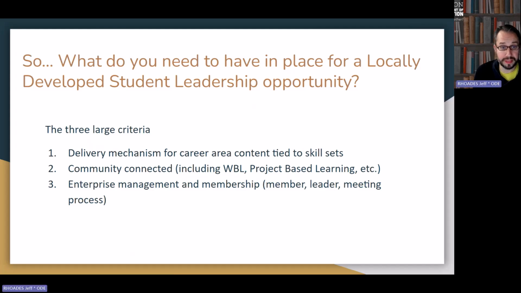The opportunity needs to be tied to the curriculum. This is based on the skill sets for the CTE program of study. The students must have opportunities to connect with the community and industry practitioners. And students need instruction and practice in belonging as members, administrators, and leaders in an organization. What is the leadership continuum within the CTE program of study as it relates to the leadership needs of the